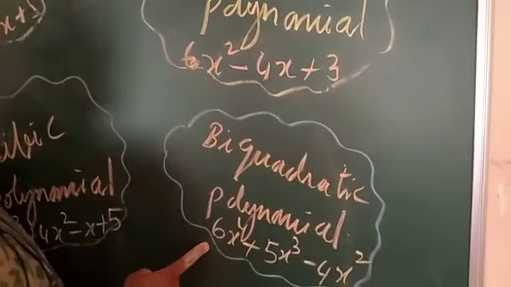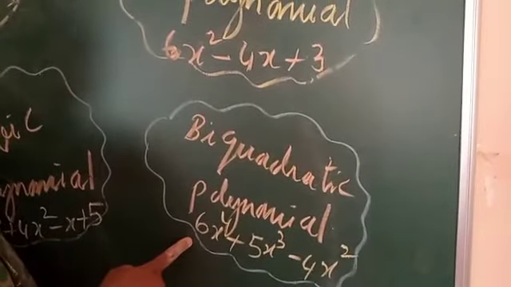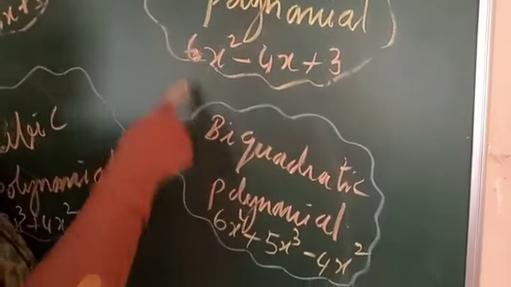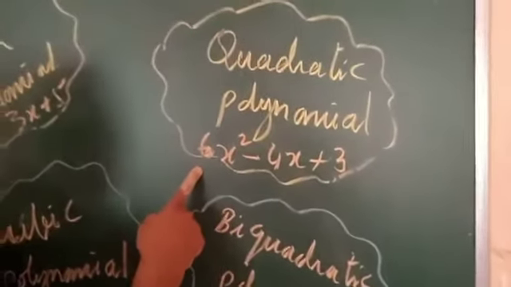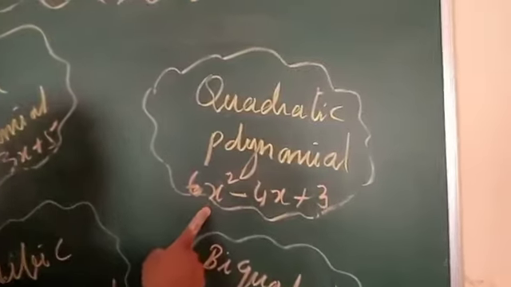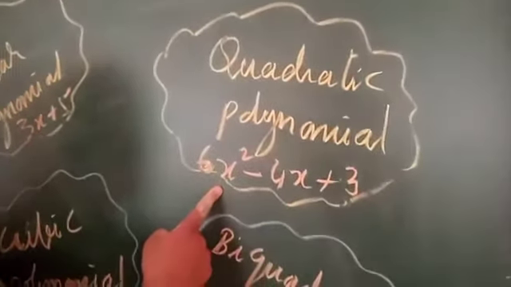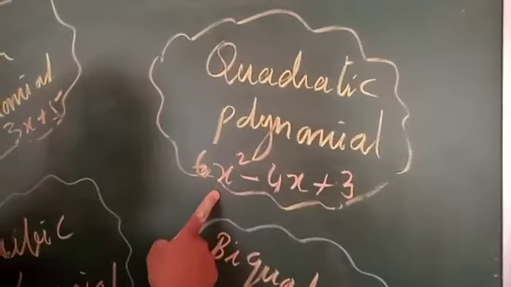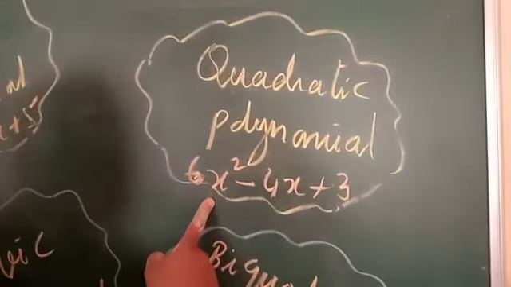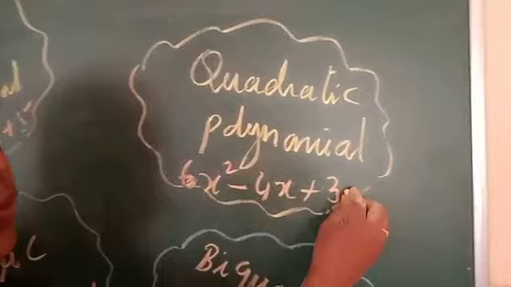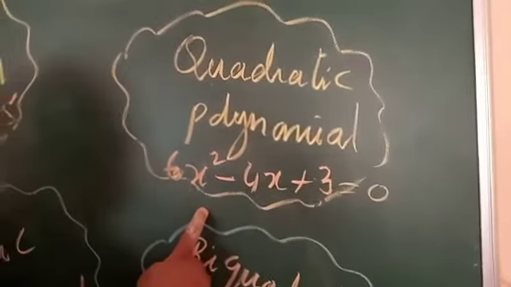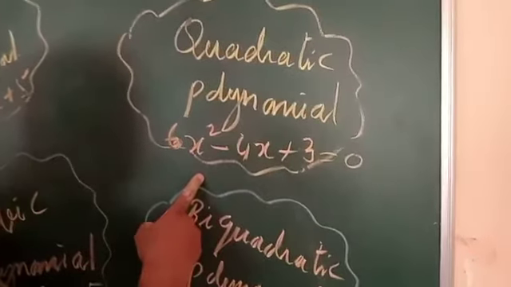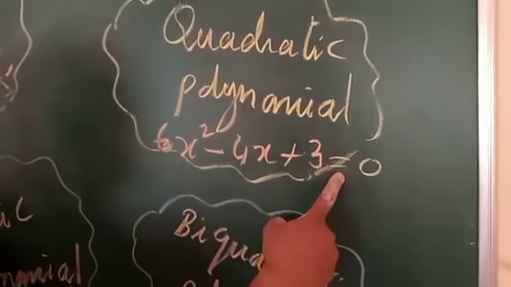So all this we learnt in our chapter 2, polynomials. What we are going to learn in this chapter is the quadratic polynomial and its extension, which is nothing but the quadratic equation. A quadratic polynomial is p of x equal to 6x square minus 4x plus 3. It is considered a polynomial p of x. But in a quadratic equation we are going to consider it equal to 0. If it is equal to 0, then it is called an equation. Any expression having the equal symbol is called an equation.